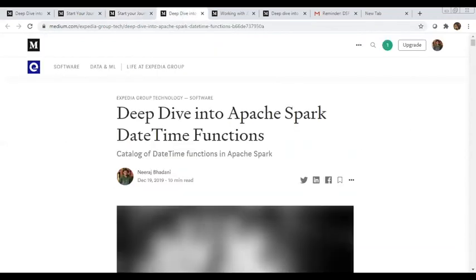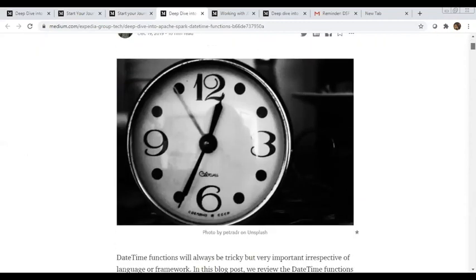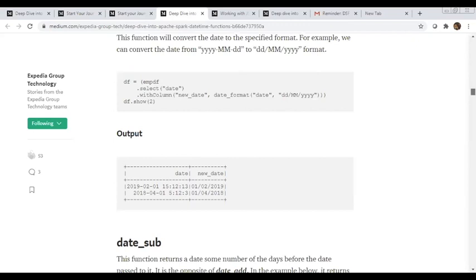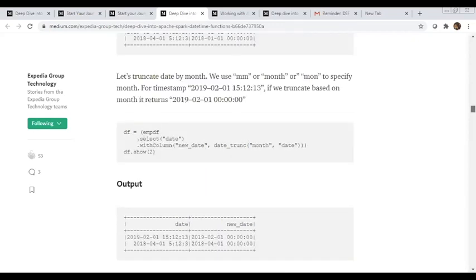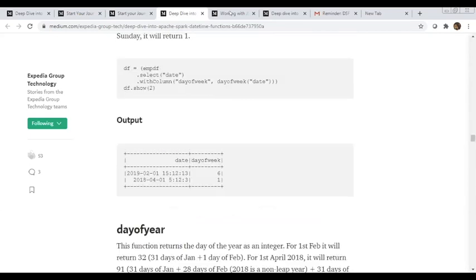Apart from that, I have written an entire blog on the datetime functions. This contains all the datetime functions available at the time I wrote this blog, with sample statements and output, so it will be easy for you to follow and understand how a particular datetime function looks.